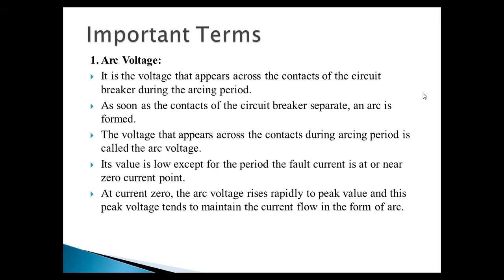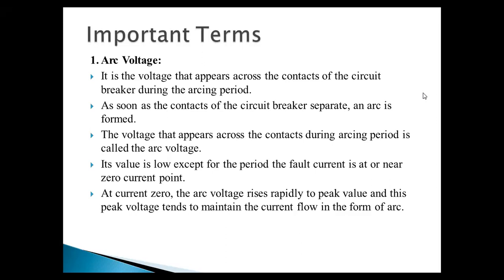When that arc is developed, whatever voltage appears across the contacts of the circuit breaker is nothing but the arc voltage. Okay, so when the arc is developed, whatever the voltage across the contacts of this circuit breaker, that is the arc voltage. Then we have also seen that this arc voltage is low. It is the minimum which is required